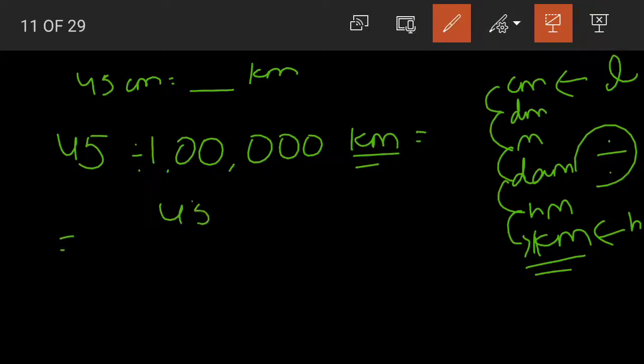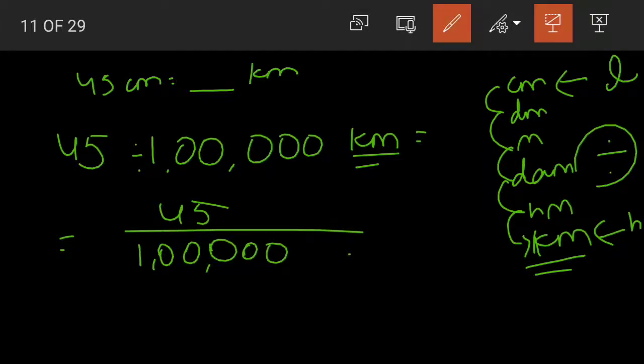Now how to divide 45 by 1 lakh? How will we divide, children? If you remember the conversion of fractions into decimals, that is what will follow here. Our 1 lakh is a friendly denominator. Yes, children, if you have forgotten already how to convert fractions into decimals, you can visit our website and see again. We are already having the explained lesson over there, right? You can again go and see if you have forgotten.